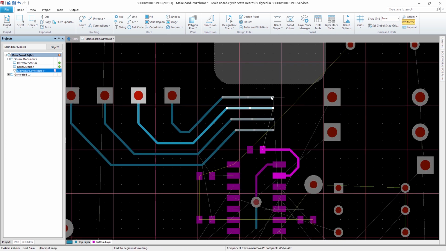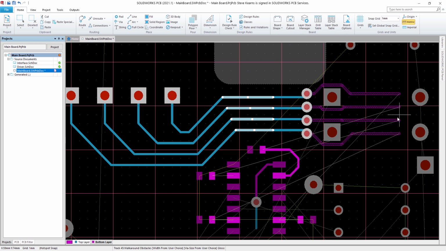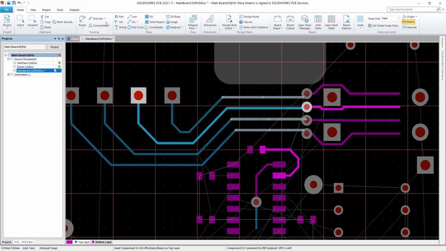Changing all tracks to a different layer, with them abiding the routing strategy and spacing design rules. Unroute has a number of options, including unrouting by component.